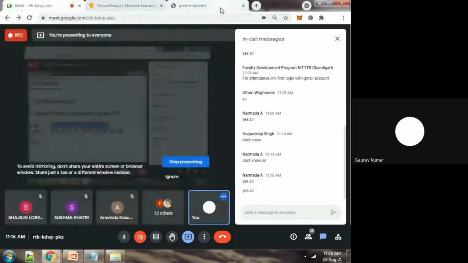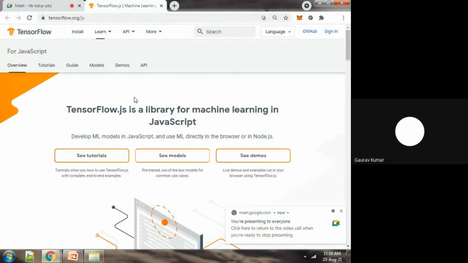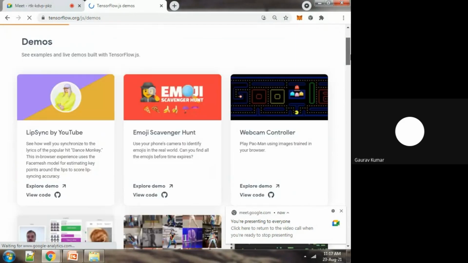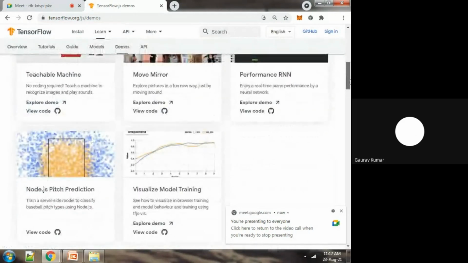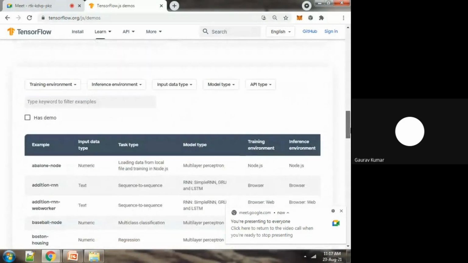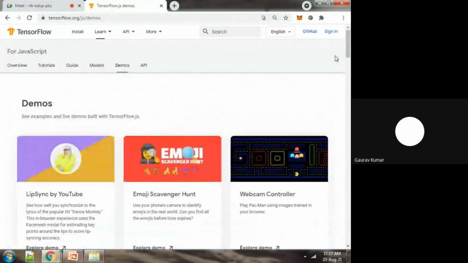So using this platform, you can work with TensorFlow JS, and any type of implementation can be done without using any GPU within this platform. So you can see everything is available. Whatever we perform in Python TensorFlow, the same thing we can perform in our web browser using TensorFlow JS. Okay,